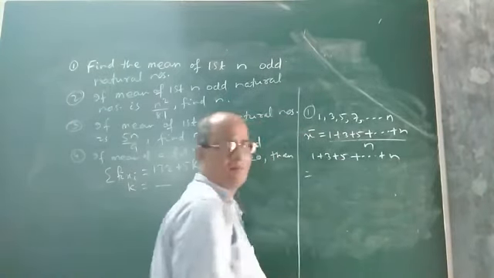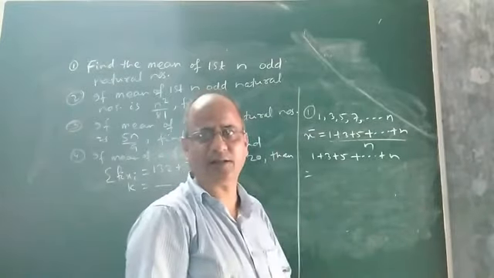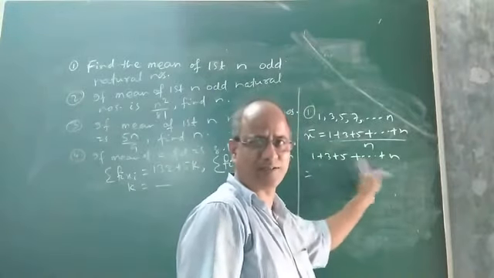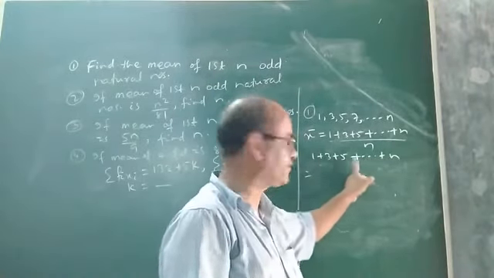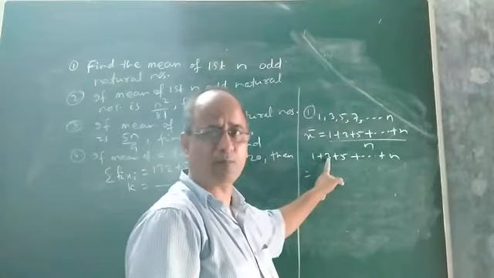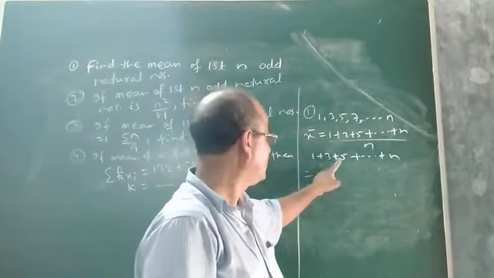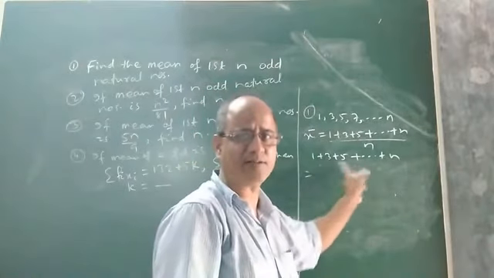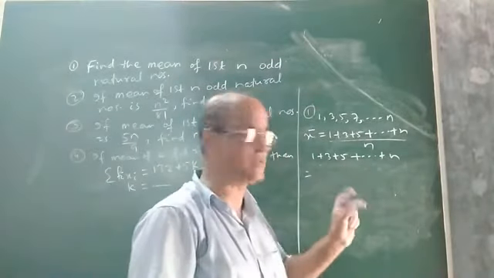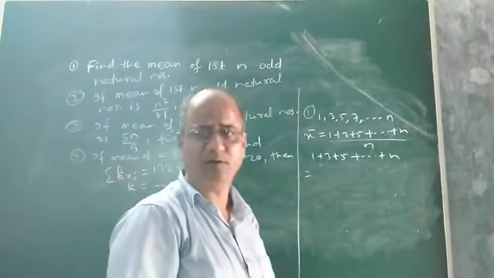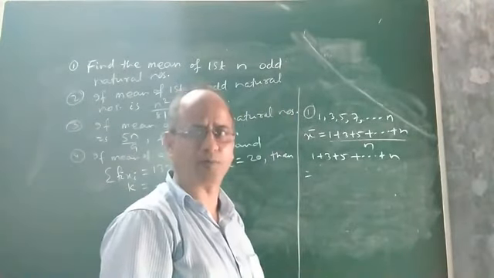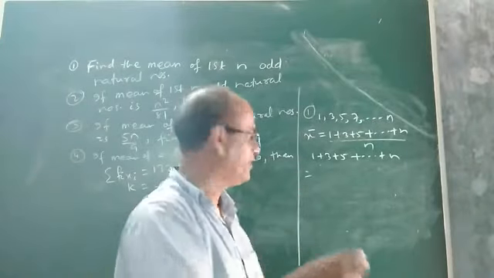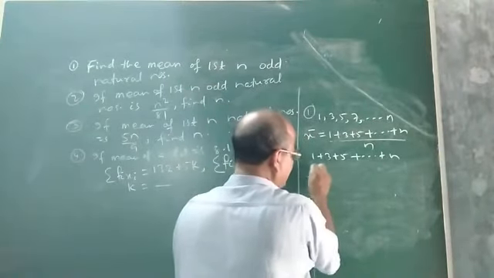Now to find the sum, you have to recall what we had read in arithmetic progression. This sequence is clearly an AP because the common difference between 1 and 3 is 2. The common difference between the third term and second term is again 2. So the common difference of this sequence is the same, and hence it is an AP. You know the formula to find the sum of the first n terms of an AP.